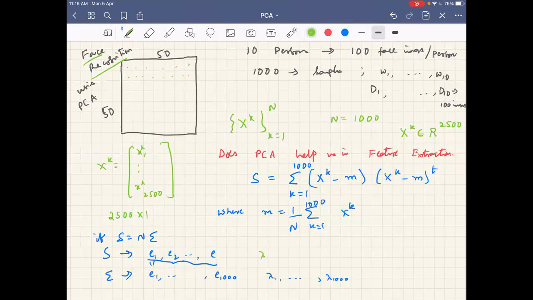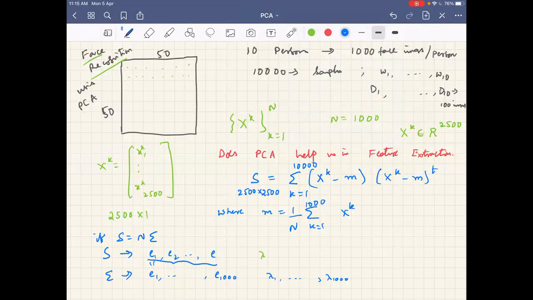We sum over 1000 samples here. So this is essentially 2500 cross 2500. In fact, you should have more samples than the dimensions to make this covariance matrix invertible and so on. So we have an ill-posed problem here. To make this better posed, you may add one more zero here, so 1000 becomes 10,000. You got the point of what I am trying to tell?